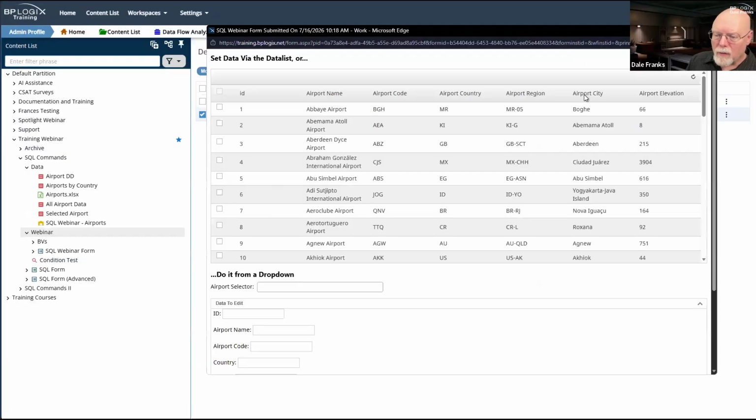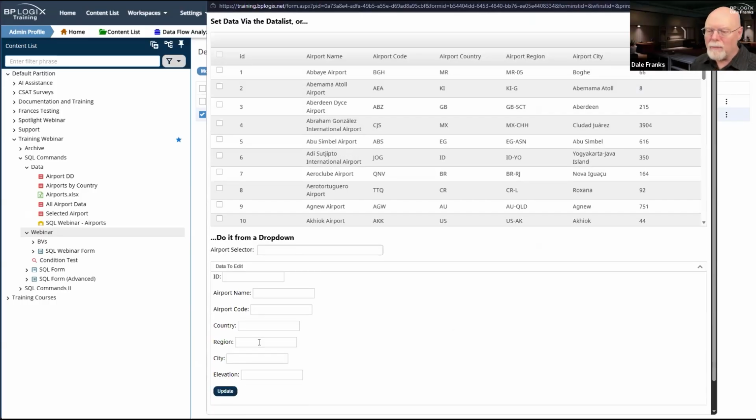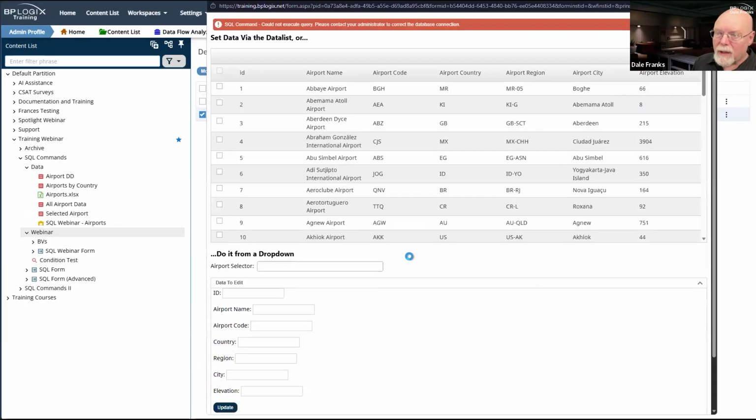All right, so we've run the form. That's good so far. Let's make our form a little bit taller so that we can see the whole thing. There we go. Now we're fine. I've got an update button. Now, the update is not going to do anything now. If I click it, well, it's actually going to do something.